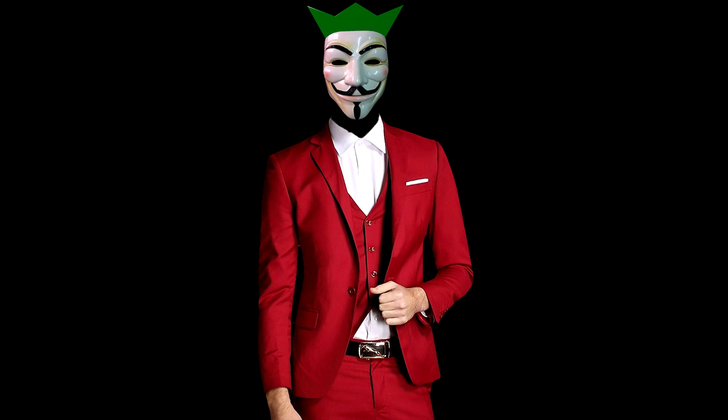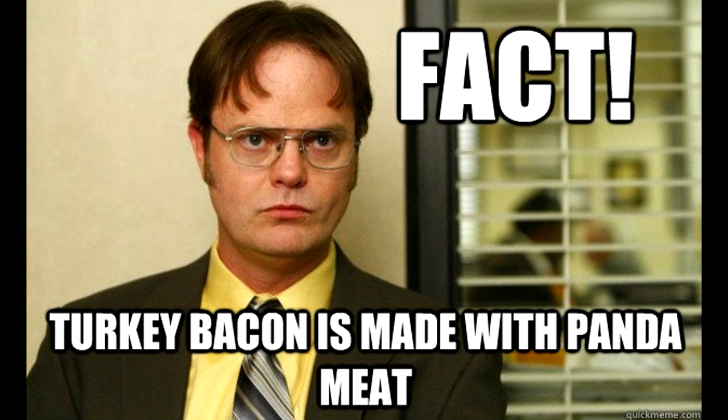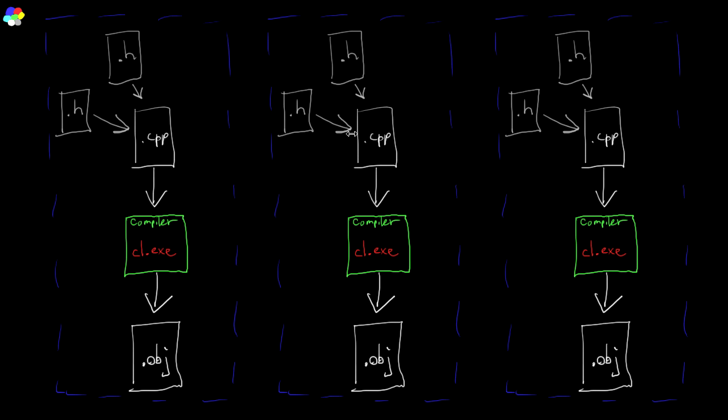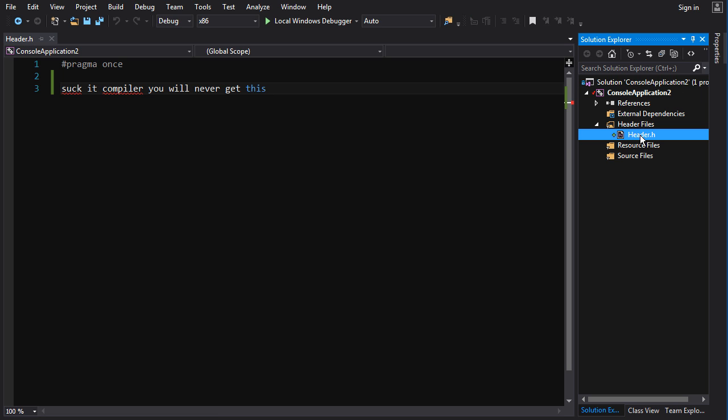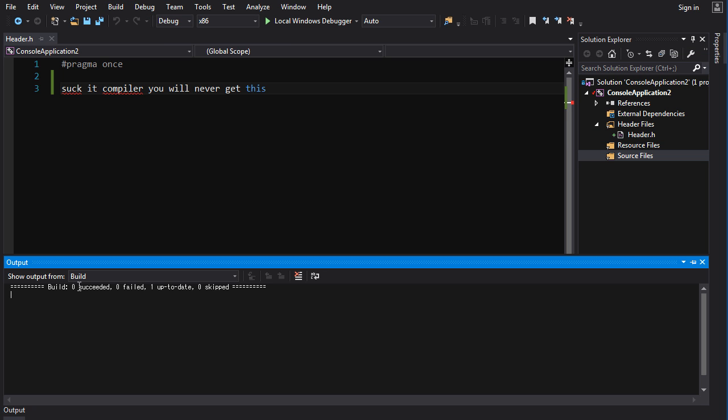But first of all, some facts. Fact, only CPP files are input for the compiler. You might think that H files and CPP files are both input into the compiler, but that's not really true. I mean, you could say that, but it's kind of complicated. Like, look at this. Here I've got a simple solution. It's empty, but it only has one header file in that. If I try to build that, it will build fine,